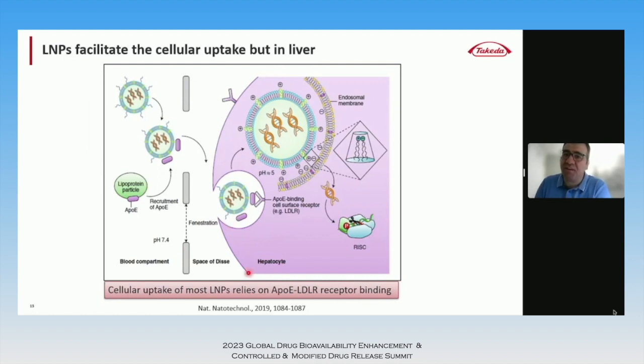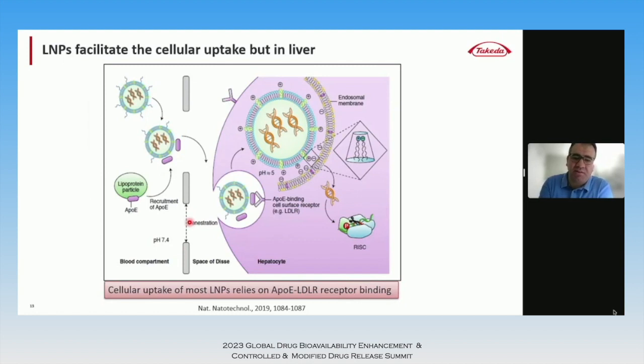So these receptors are very common on hepatocytes. They have millions on each cell, and this apoE-LDLR receptor-ligand interaction is responsible for the liver uptake of these LNPs. And people have shown that when you use an animal model with certain gene modifications where you don't have the apoE protein, then the liver targeting is much less